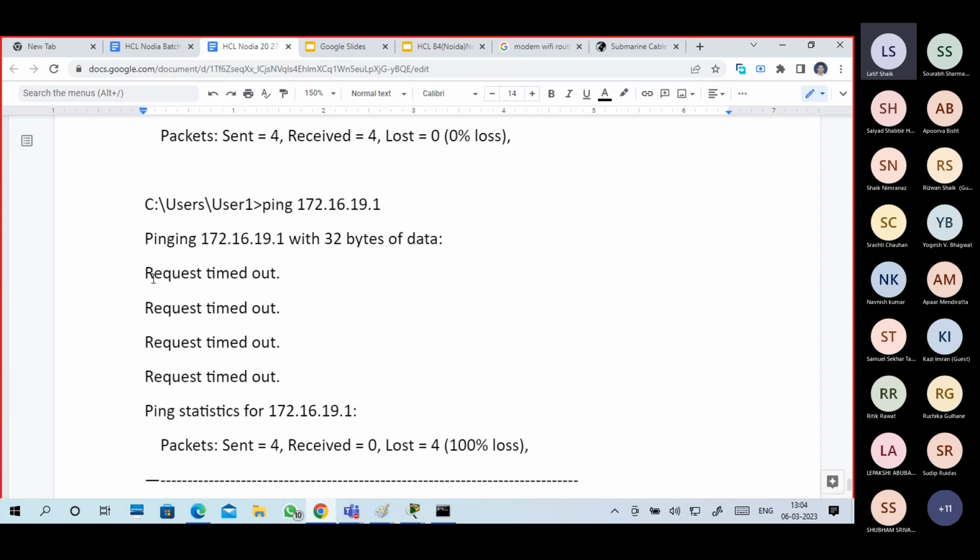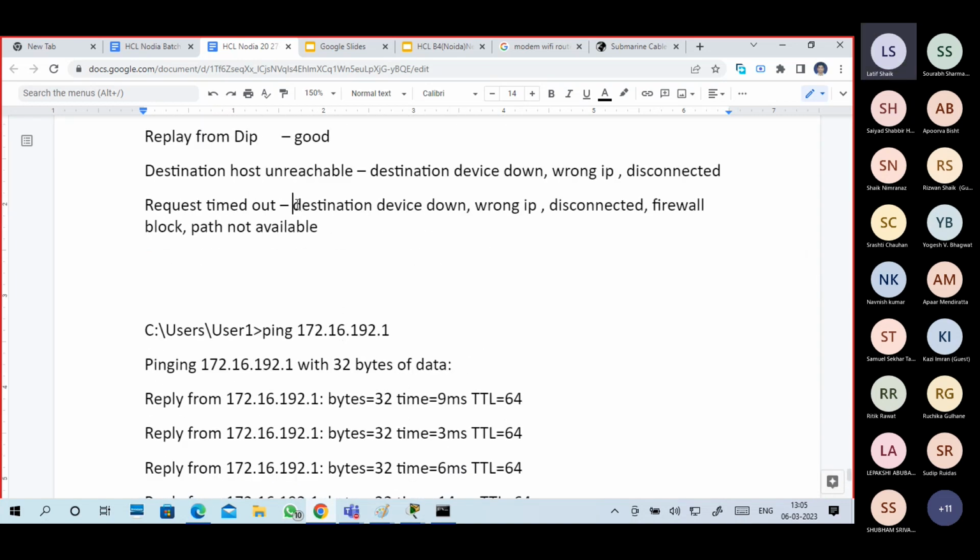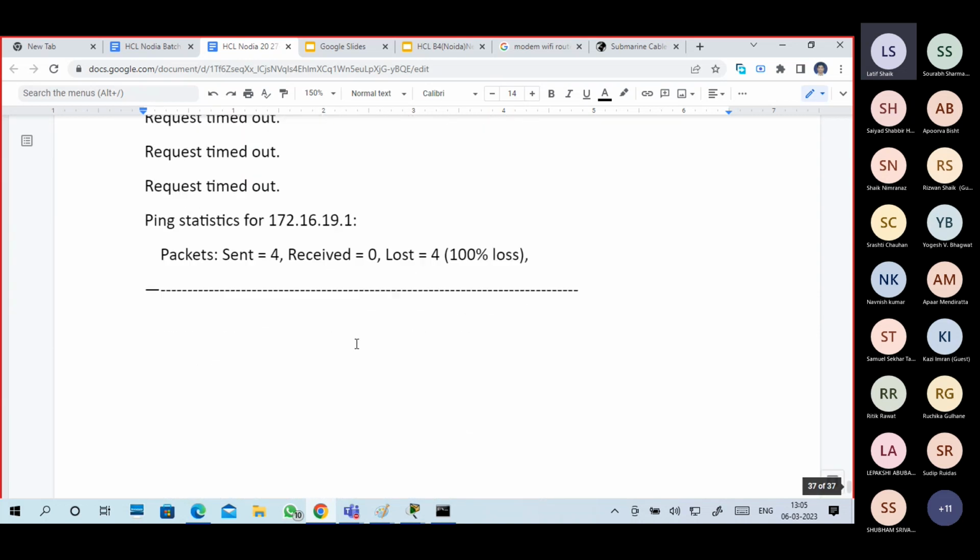Sometimes you will get a request timed out. You are trying to ping the destination, but you are getting a request timed out. Possibilities again: the device is down, wrong IP, device is disconnected, firewall is blocking you, or the path is not available.